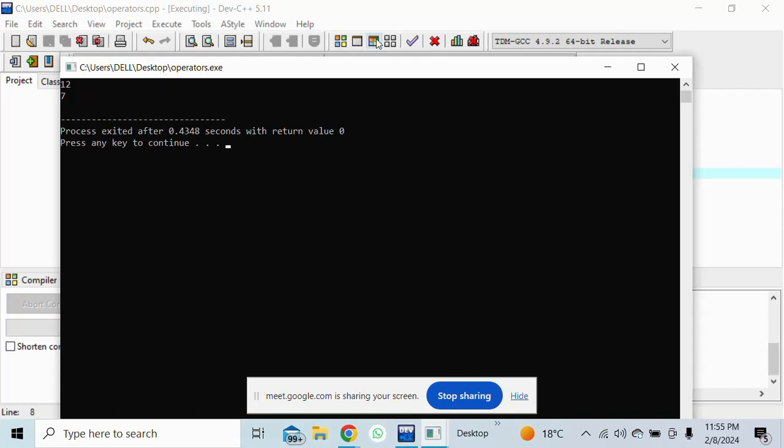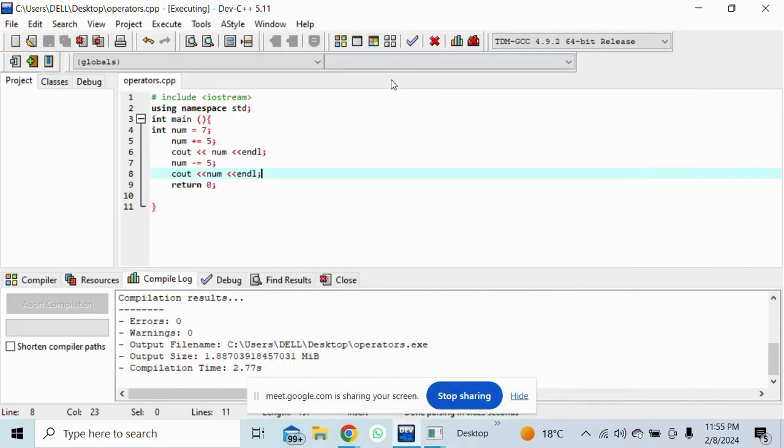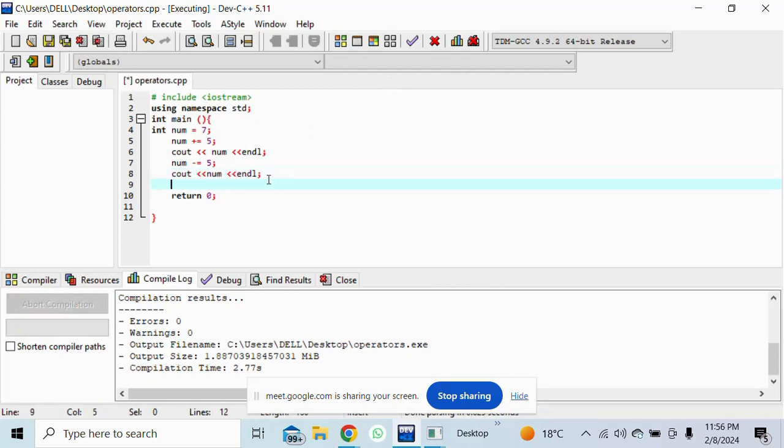So 12 minus 5 is equal to 7. Every operation that we do now will be operated on the new value of the variable, because it is a variable, its value is changeable. That's why whatever new operation we do with the variable, it will happen with the new value of that variable. So its current value is again 7, so let's multiply it with any digit, like num multiply